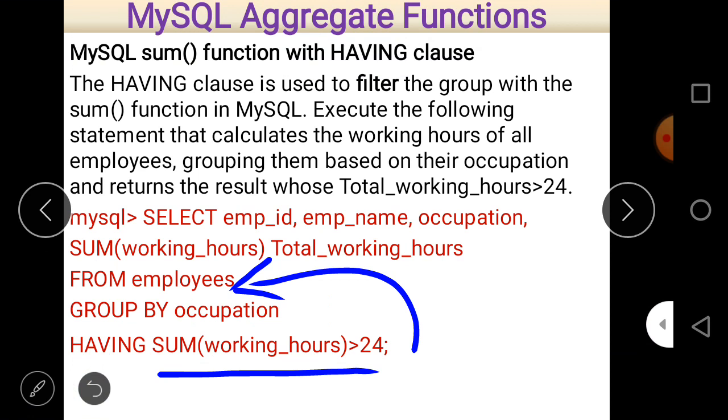And if you want to arrange data in ascending or descending order, then put the ORDER BY clause after the HAVING clause. So these are the three important things, and these were already discussed in our previous lecture, so always remember that.